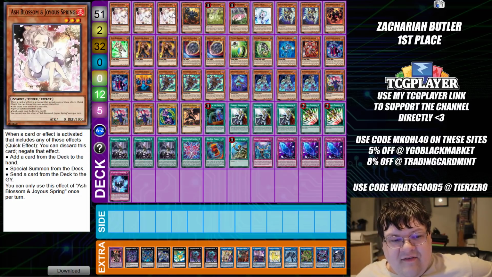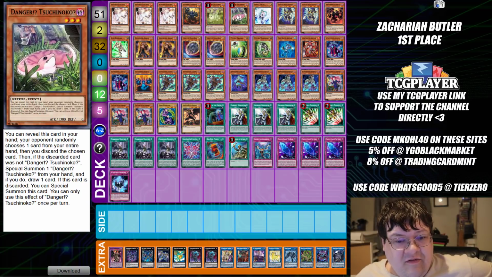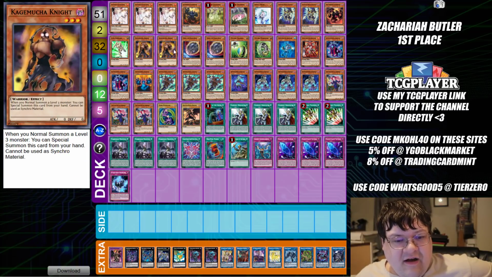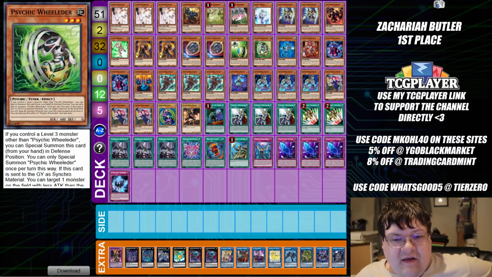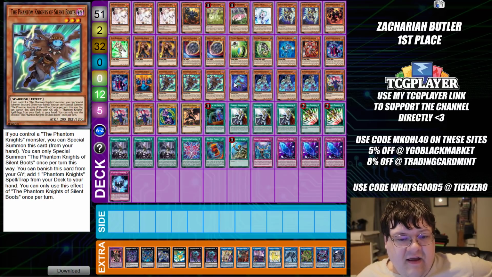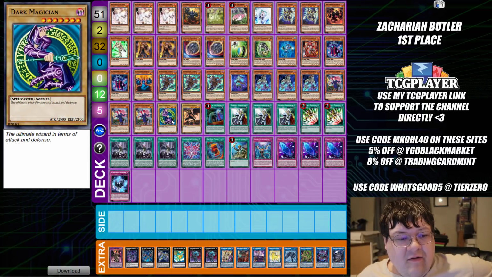So we have triple copies of Ash Blossom and Joy Spring, one copy of Seer, one Jackalope, one Tsuchinoko, one Effect Veiler, two Phantasme, one Graph, one copy Junk Forward, two copies Kagemusha Knight, two copies of Nibiru, one copy Psychic Tracker, one Psychic Wielder, one Blue Layer, one Red Layer, two copies of Ancient Cloak, one copy Ragged Gloves, triple copies of Silent Boots, one Stained Greaves, triple copies of Torn Scales with triple Tour Guide, one Dark Magician,